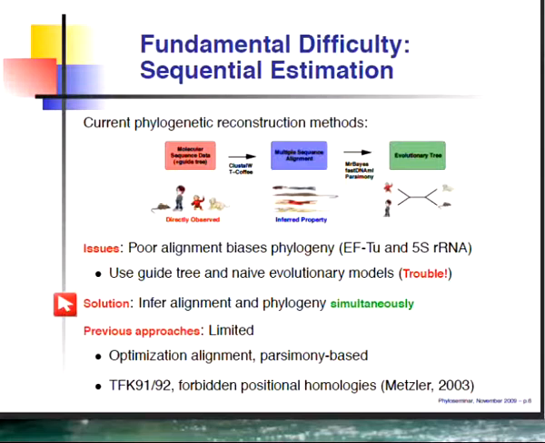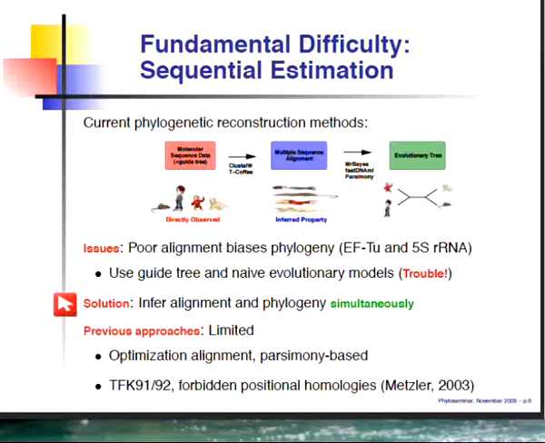So instead of taking a sequential approach to estimating the underlying tree, if that's what we were interested in, one can consider inferring both the homology statements, or the low dimensional projection of those statements, what we call a multiple sequence alignment, and the phylogeny at the same time. And this is by far not a novel idea. People have been talking about trying to do this since the early 90s. There have been some very successful approaches at this type of simultaneous inference since sort of the late 90s on through. Many that you've probably heard of, and you'll hear Ward talk about considerably in the next talk, have to do with sort of optimization alignment, or POY.